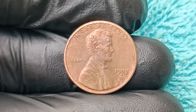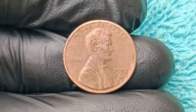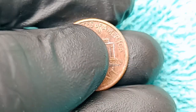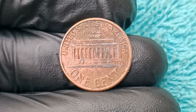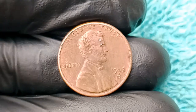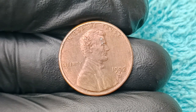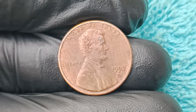errors, secret minting transitions, alignment mishaps, die varieties, double strikes, off-center impressions, and an ultra-rare transitional mistake where the coin was struck using an obverse die meant for the next year's design, specifically the rare close AM variety, which refers to the almost touching A and M in America on the reverse side that should only have appeared on proof coins from Philadelphia, not regular circulation coins from the Denver Mint, and it's this accidental pairing of a proof-style reverse